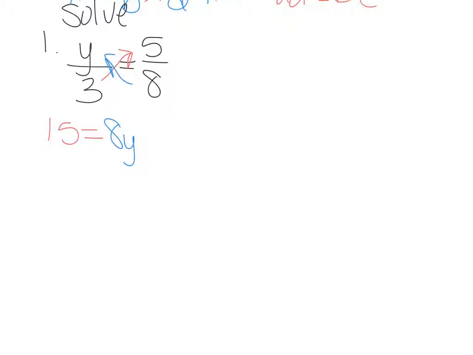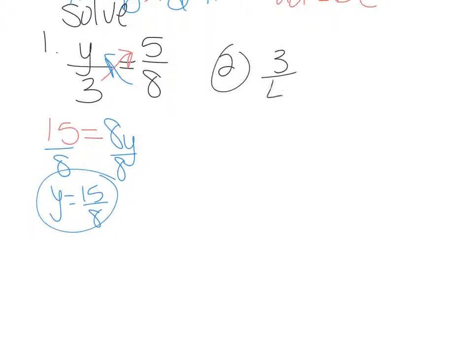Okay, and then we want to solve for y. It's great that 15 equals 8y, but we really want to know what y equals, so how would you solve for y? Very good. Divide by 8. You do not have to change your answer into a mixed number. If you really want to, I guess you can, but you do not have to. You can leave it as an improper fraction. Number 2,